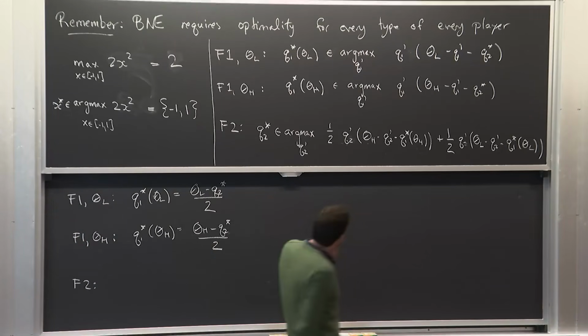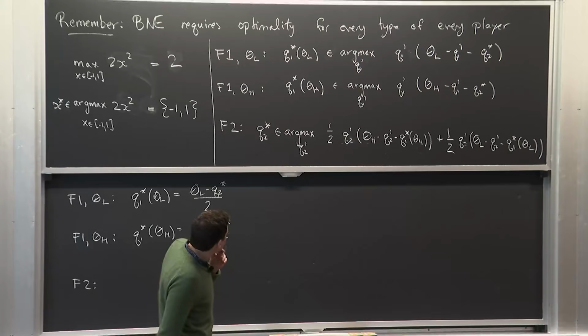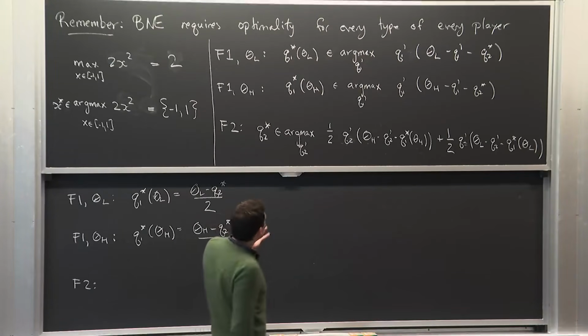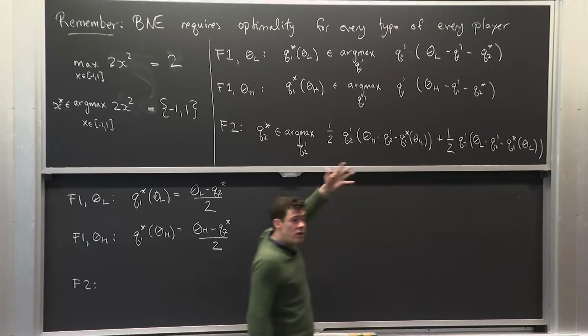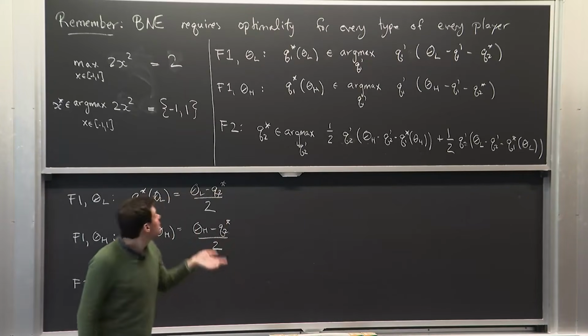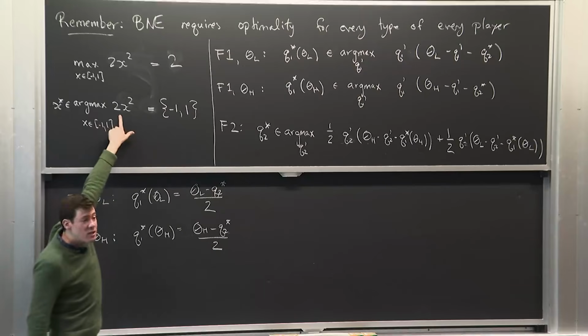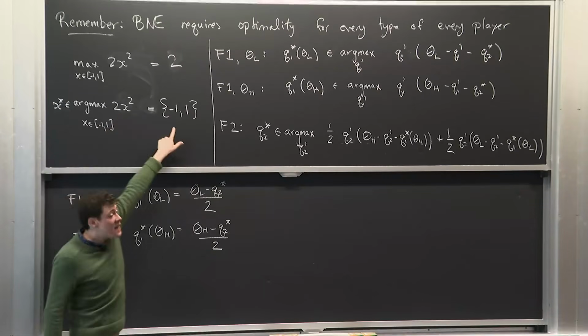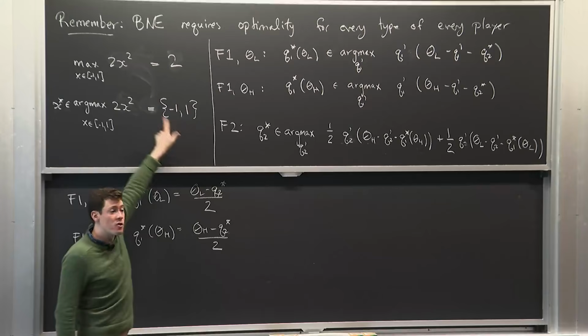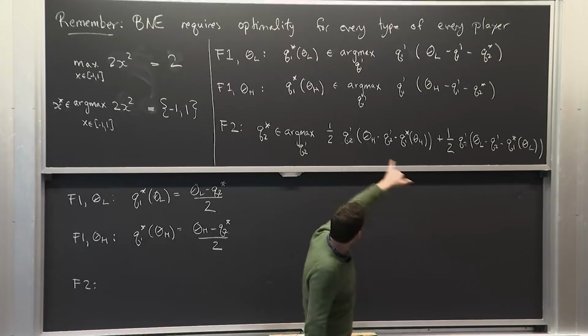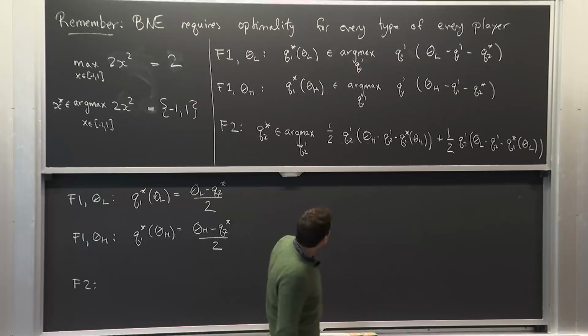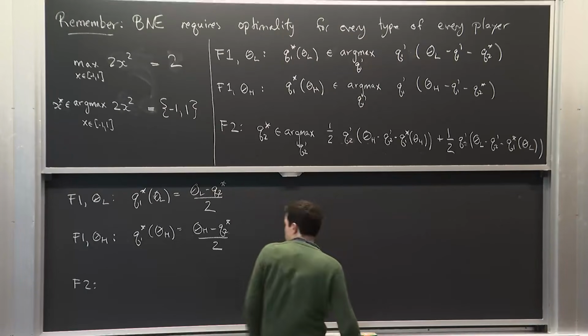What's the trick here? It turns out we can distribute a little bit. One nice observation to keep in mind is the half is important to get the right value, but it's not going to affect the maximizer, right? Just like up here, if I maximize 3x squared instead of 2x squared, the set of maximizers would have been the same, though the maximum value would have changed. So I don't actually have to worry about the half, and then I can factor the Q2 prime, and I think we will get